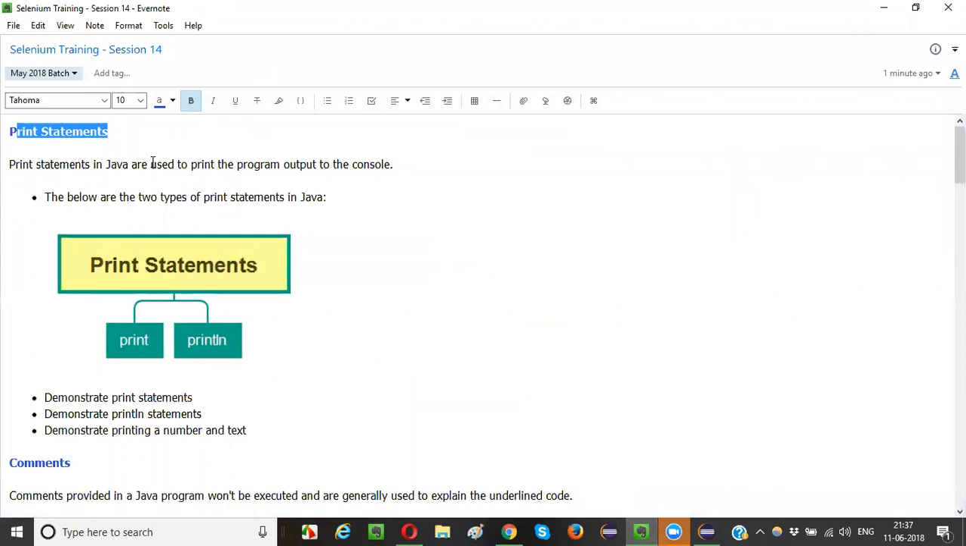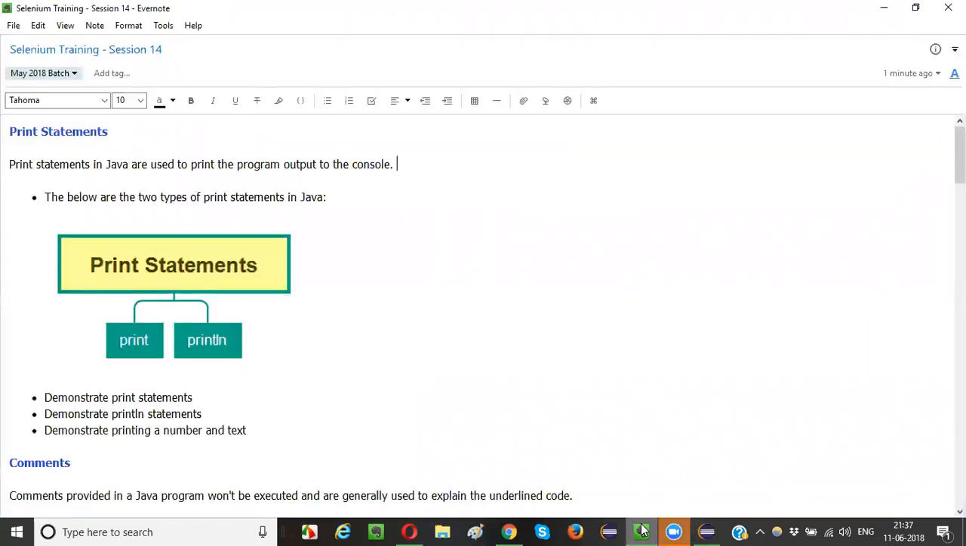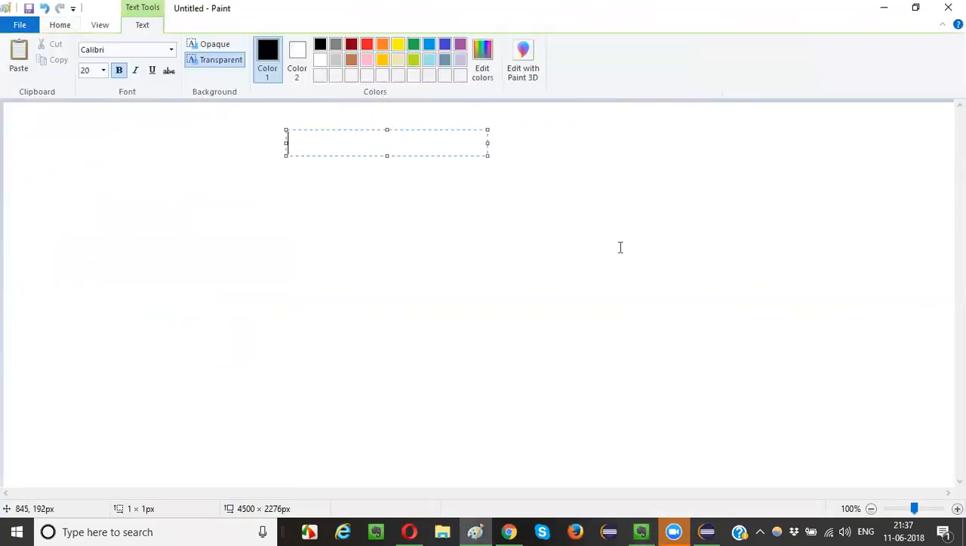So before I demonstrate some print statements here in this particular program, I want to first categorize the print statements. So what exactly are the print statements? Print statements in Java are used to print the program output to the console, guys. They look like this. System dot out dot println